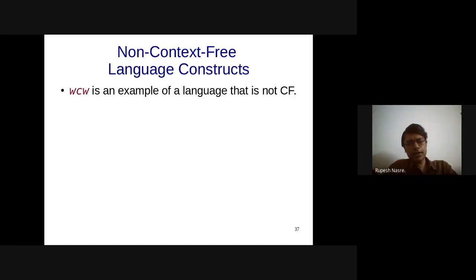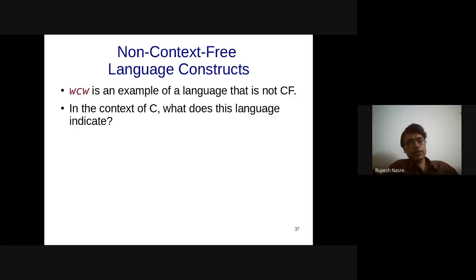It's a little abstract question, but I just want to see if somebody gets the clue. And if we can map that particular problem into this WCW form, and since WCW is non-context-free, it does mean that that particular program construct cannot be solved by a context-free grammar.